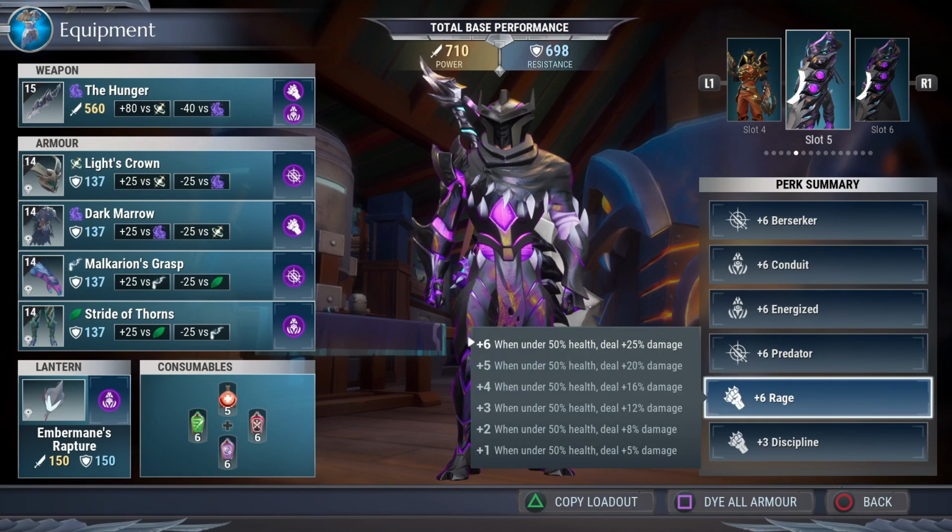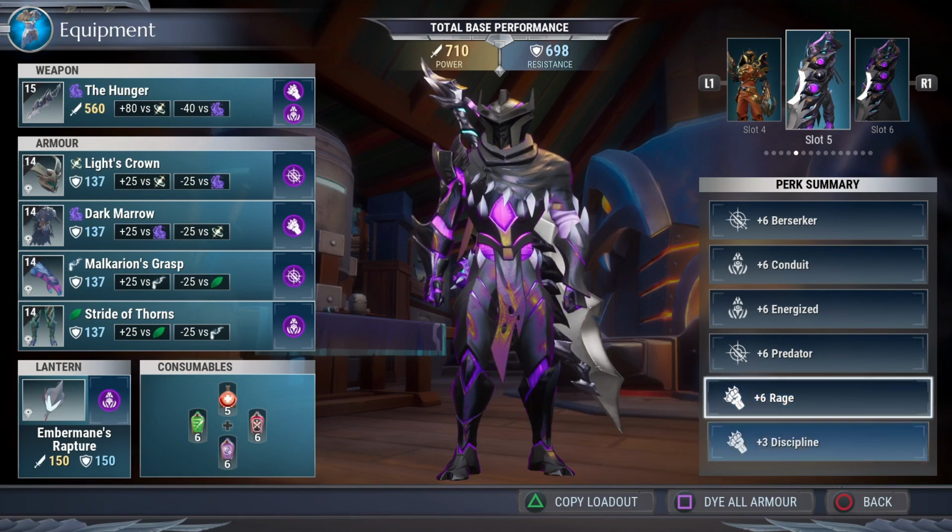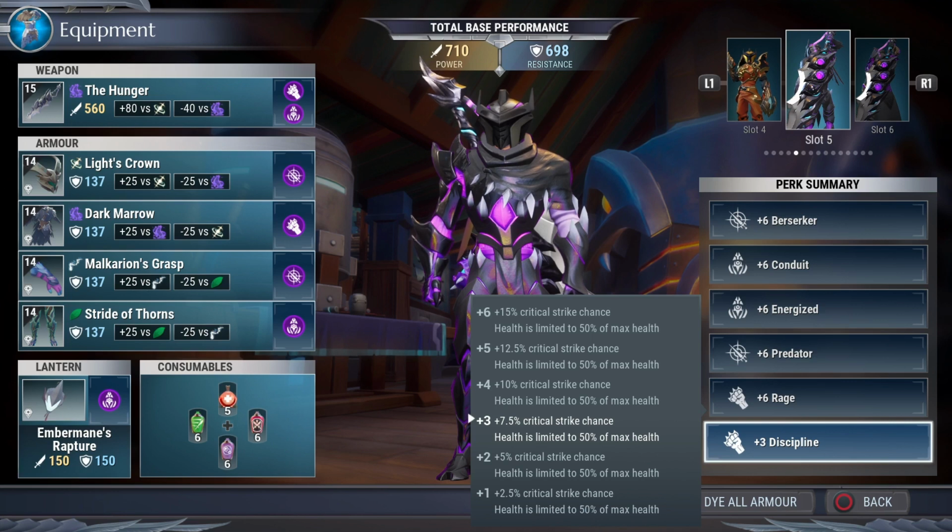Rage is 25% damage all the time because we're rocking Discipline. And here's Discipline, and that gives us a 7% critical strike chance, but that's what keeps us at a half health build. So this build is really strong. It's great for speed clears because as you can see, it's raw direct damage. You don't really need to proc anything to get it going, and it attacks really fast in my opinion,